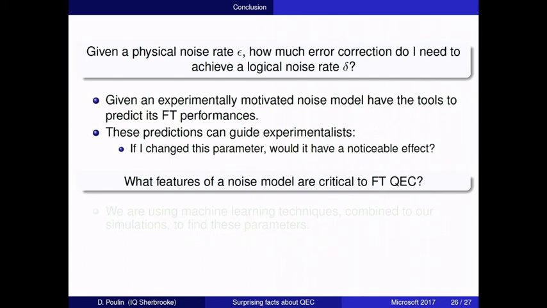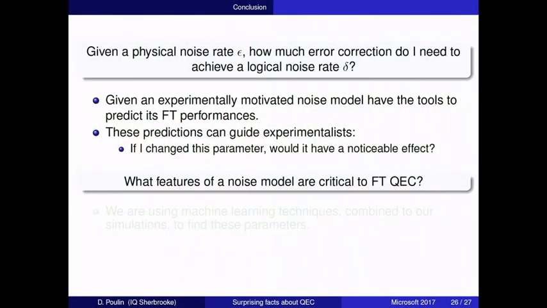And more generally, what we see is that just learning about the infidelity of a channel or the diamond distance is not enough data to understand how the channel will behave in a fault-tolerant scheme. And this begs the question, what do we need to know about the noise model? What are the critical parameters of a noise model which determine how well it will behave in a fault-tolerant scheme?